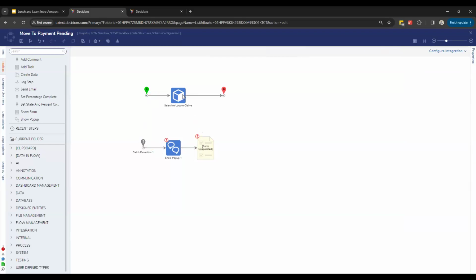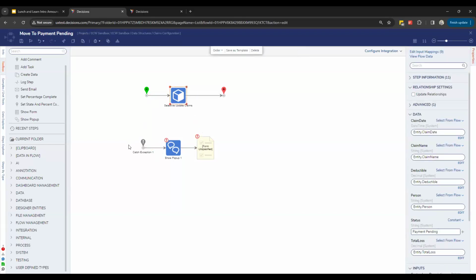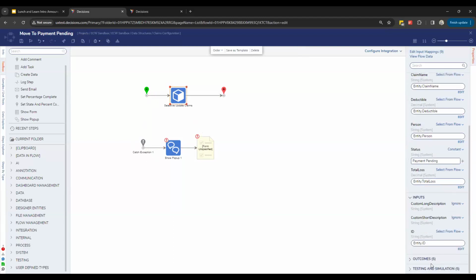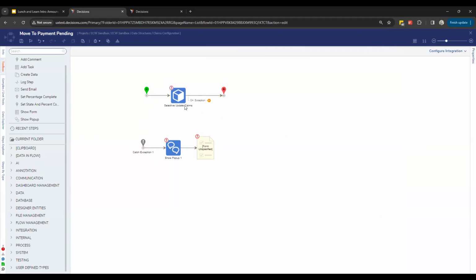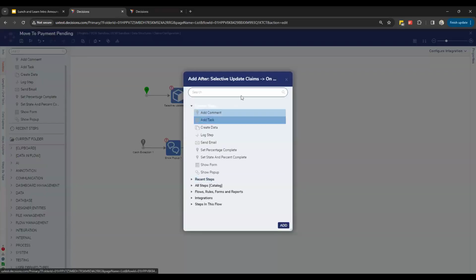Maybe I get so smart that I know this step is the problem because I've caught the exception and found the step error. And so now, if I hit outcomes, I want to specifically catch exceptions for this step and maybe programmatically retry it. So maybe I do a loop that says try 3 times to call a service to update the data structure and then send it back through the process.